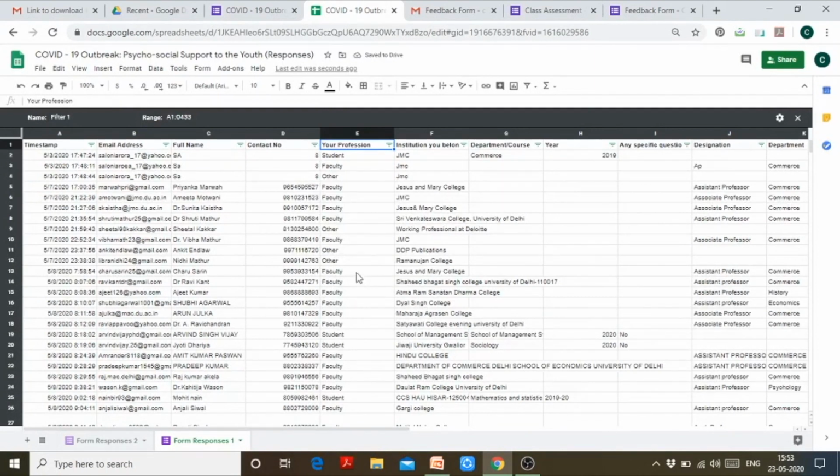Friends, this is the purpose of putting in multiple choice questions or drop downs. My advice to you is to put in as many multiple choice questions or drop downs as you can, because it helps in filtering, sorting and analyzing the data in a very easy manner. But don't do it in a way that the recipient gets confused. Only when it is necessary, you can put in the drop down list and the multiple choice question types into the Google Forms. So this is the Google Sheet, and you can perform all the functions that you can do in Excel.